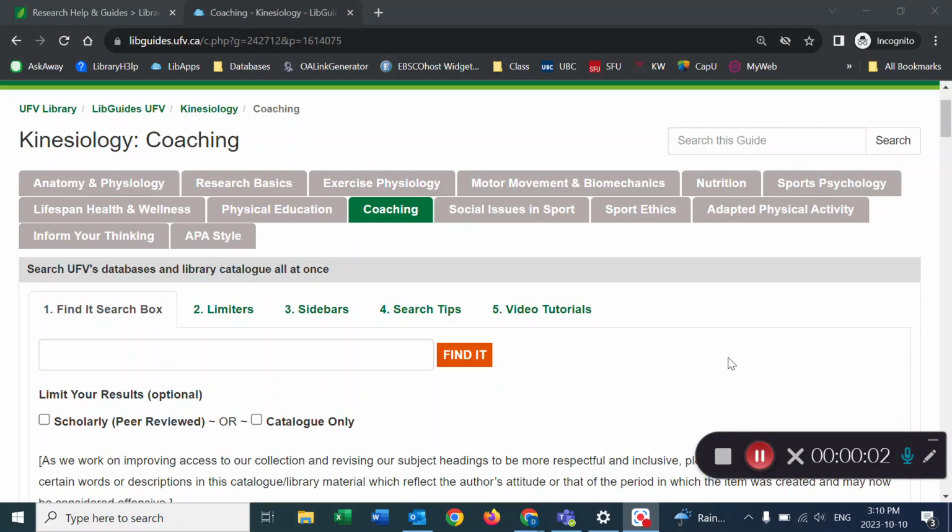If you need to find articles to support your argument statement or any research that you're doing within kinesiology, the best place to start is the library. I know you can use Google and Google Scholar, but if you go through the library resources, you will have access to way more stuff because we use your student fees in order to pay for access to specific journals